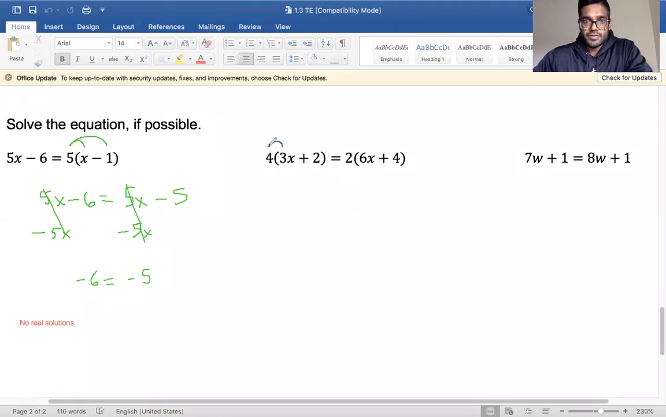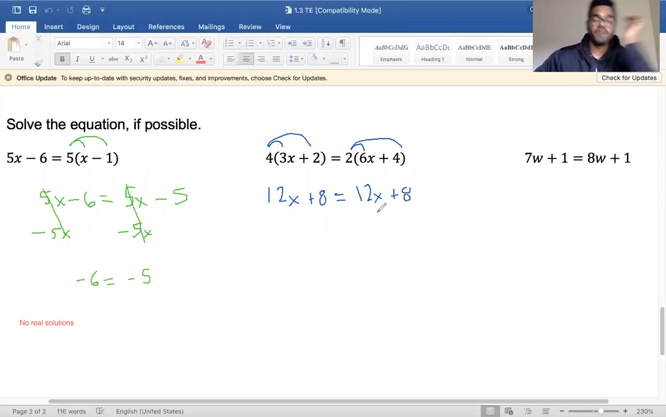I'm going to distribute, and I get 12x. 4 times 3 is 12. 4 times 2 is 8. Equals, then on this side, same thing. 2 times 6, 2 times 4. Now I have 12x plus 8 equals 12x plus 8. Again, if we were to put that on a graph, what's that going to look like? Okay. Also, if I was going to plug in any value for x, is it going to be the exact